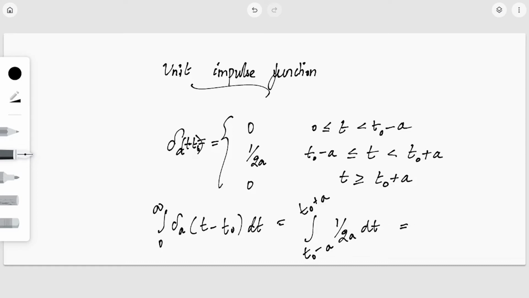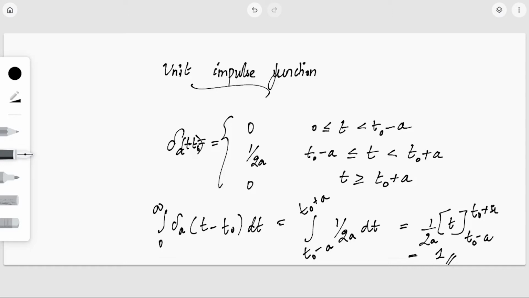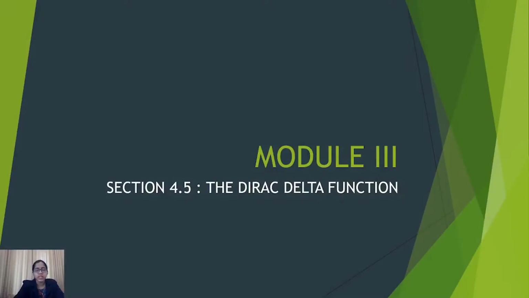By integration, this is 1 by 2a into t, since 2a is a constant, evaluated from t dot minus a to t dot plus a. So this is equal to t dot plus a minus of t dot minus a, so you will get 2a, and this value is 1. That's why the integral of this impulse function from 0 to infinity is obtained to be 1, and hence it is called the unit impulse function. This unit impulse function plays a quite important role in many physical models, and we